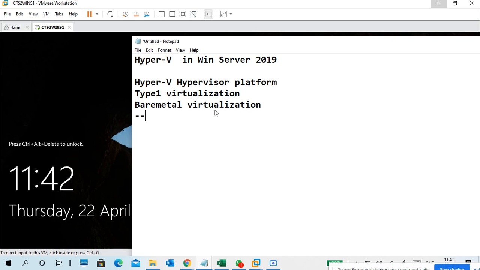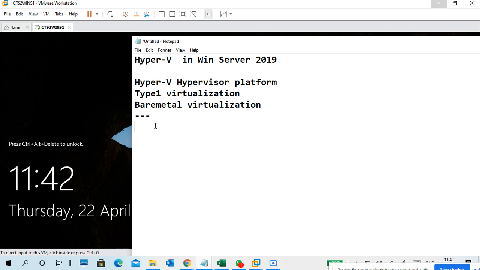But Hyper-V is not only that. Yesterday we installed VMware in a server. It's a pure machine, just a machine only, having VMware vSphere.